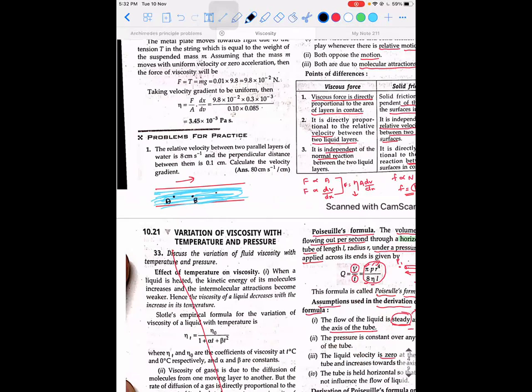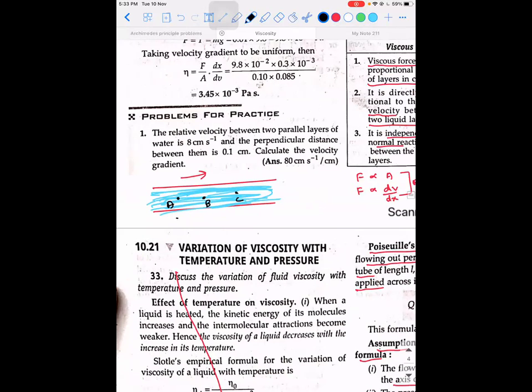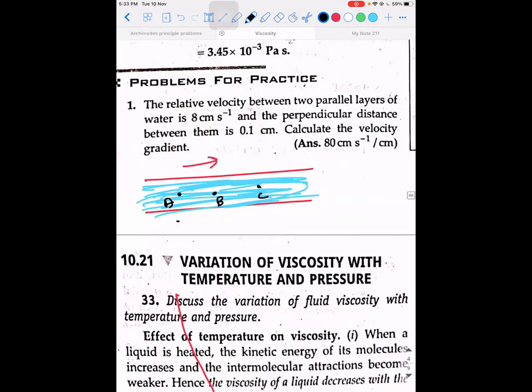A, B. Okay, one more point, C. If I talk about the liquid particles, I'm using the word liquid particle because this liquid will be made up of many molecules. Many molecules of H2O will be there in it. If the particle at this point has velocity v1,